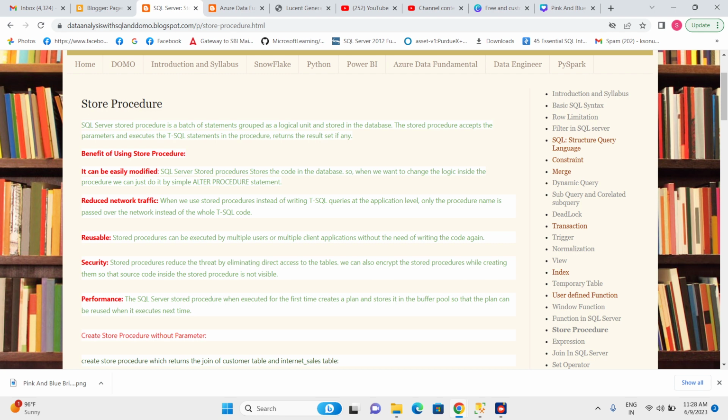Just as an example, if we have to execute this batch of statements every day, we can store this batch of statements in a stored procedure, and instead of running this entire query, meaning the batch of statements, we can execute only a stored procedure. So a stored procedure accepts parameters, executes the T-SQL statements in the procedure, and returns the result set if any. Okay. So this is just the definition, but in the upcoming video I will show you how to create a procedure